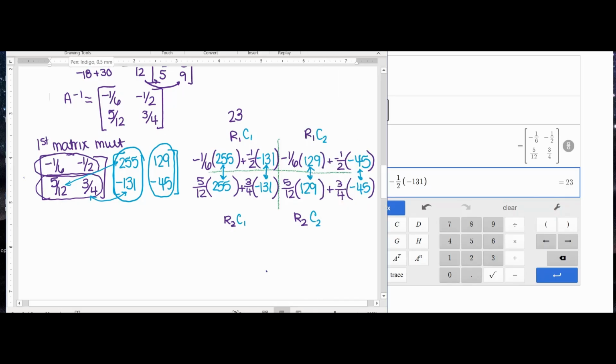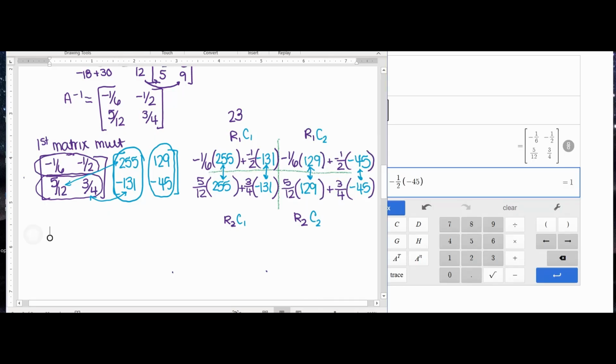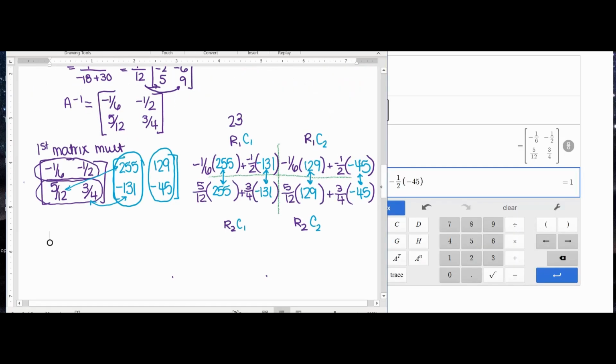We're going to have negative 1/6 times 129. I'm going to go really quick here. And negative 45. And we get 1. Bottom left,